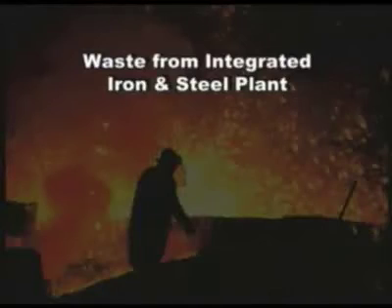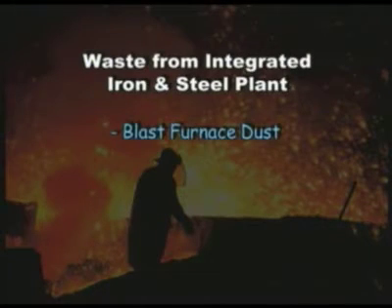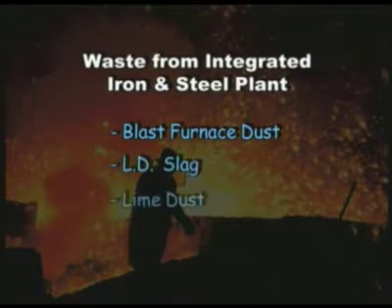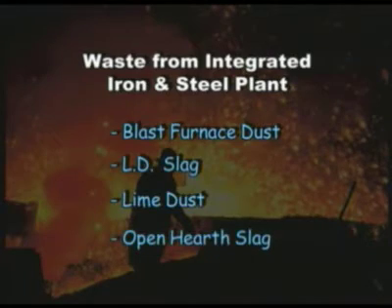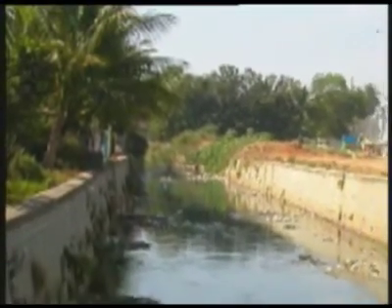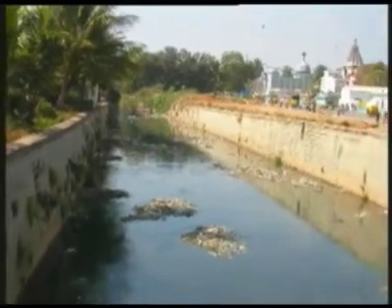Various kinds of slags which are generated from the integrated iron and steel plants are also dumped around the plants in the form of hillocks, and they pollute the groundwater as well as the soil. These plants also generate blast furnace dust, LD slag, lime dust and open hearth slag. All these wastes are disposed as landfill around the industry and pollute the soil. During rains, the soluble metals from these wastes get dissolved into the water